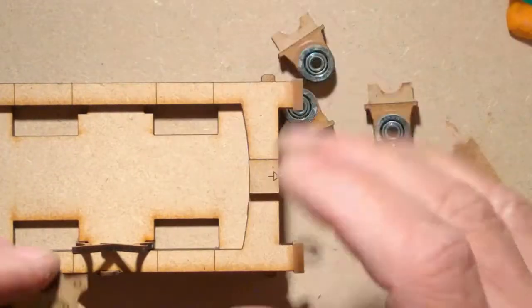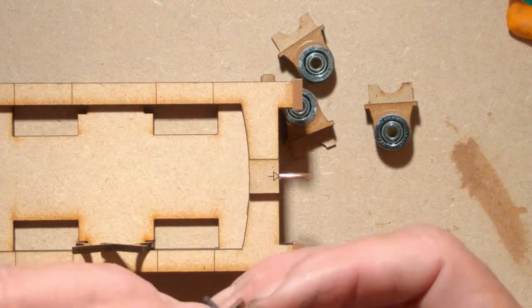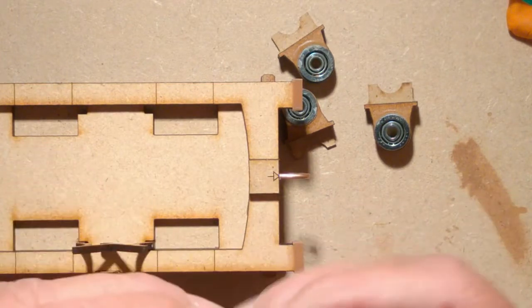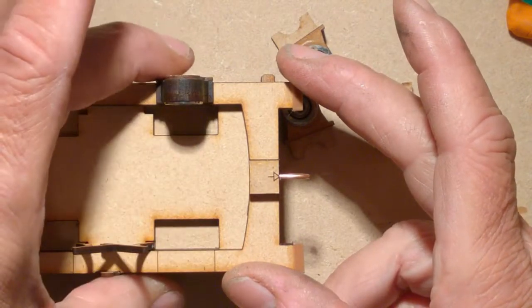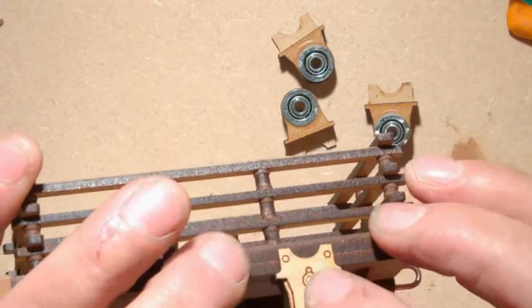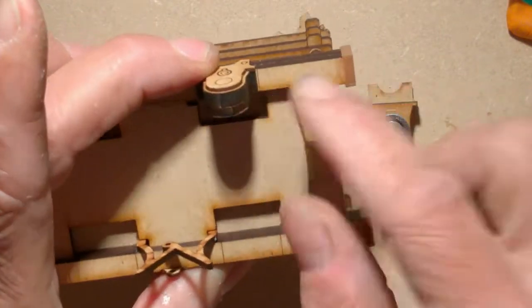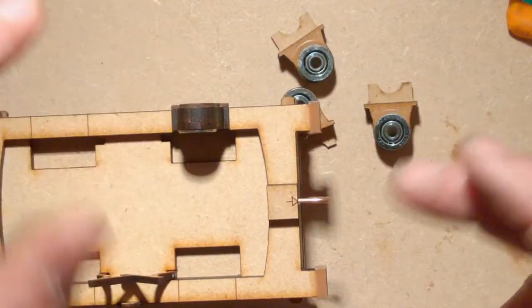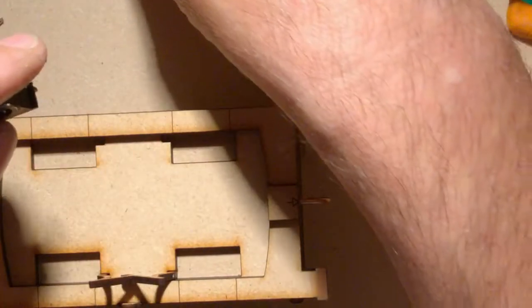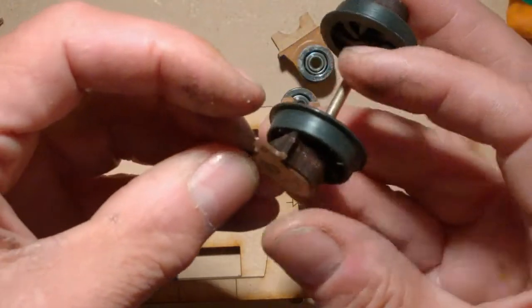Move those wheels out of the way. We've got scribe lines, and that's where these fit. They fit on the outside, like that, as you can see, and lines up with the scribe lines for both sides. But we've got to do this with the wheels loaded up, otherwise we aren't going to get them in. So load in one wheel, then the other side,